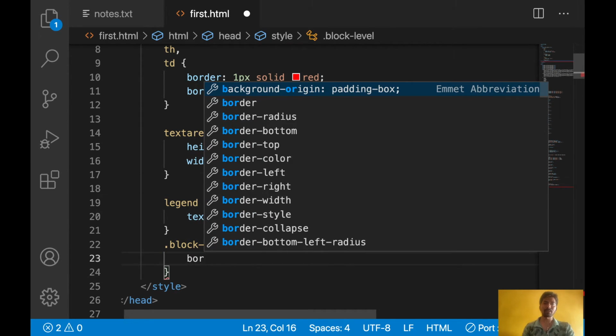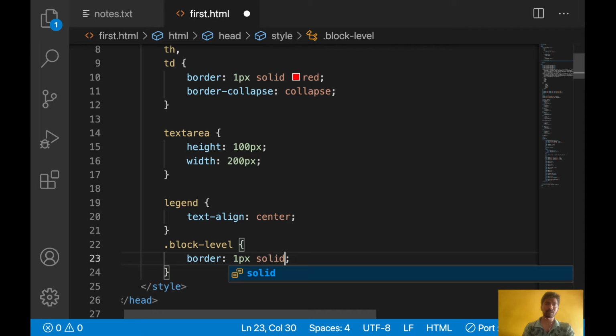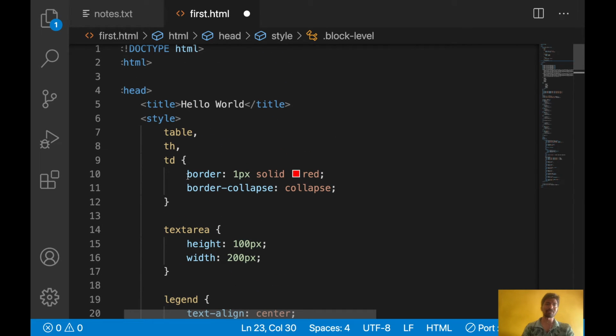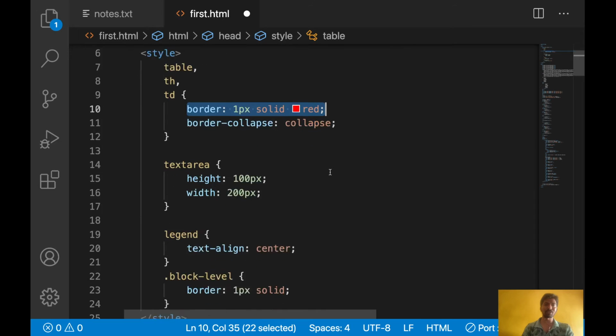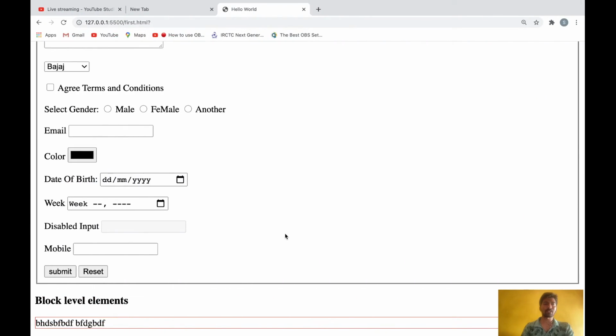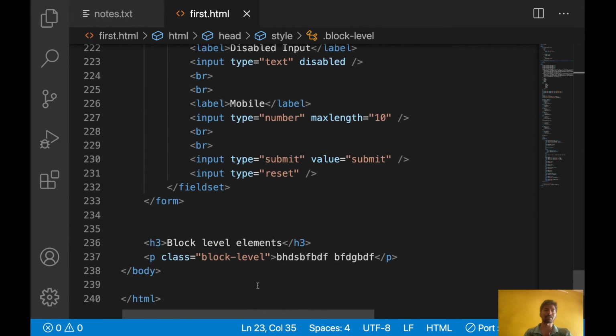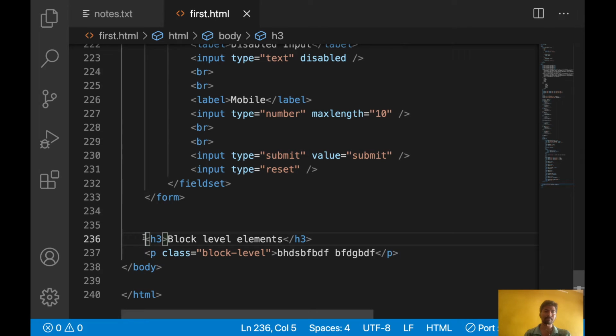Let's say I want to give border. So in a similar way, here we are giving a border, you can give a border. Then let's see, this paragraph element is occupying the complete width of the browser. Okay, but my content is there only till here. So let's use some inline elements also, then you will get to know what is the difference.